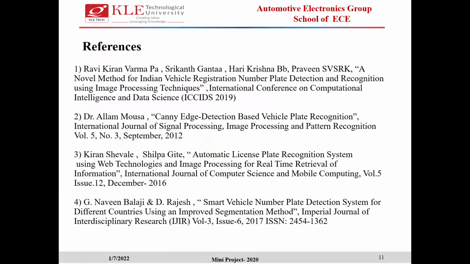So these are the references that we used to get in-depth knowledge of number plate detection and recognition. These are the reference papers that we used, and this is all about our project, number plate detection and recognition using various image processing